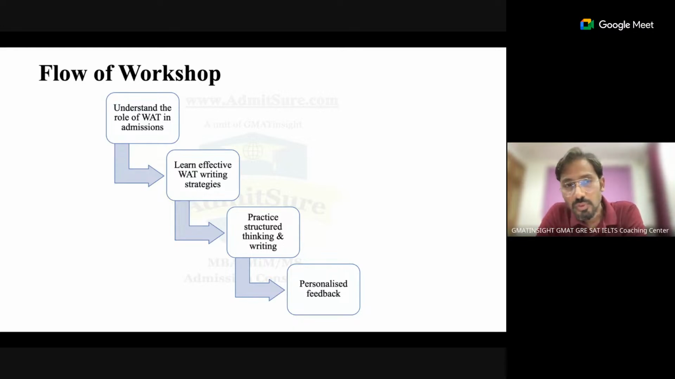The first thing is that we are going to discuss what exactly is the role of this WAT in the admission process. For example, what exactly is the approximate contribution of WAT in the selection process? That's what we are going to discuss in the first step. I've made very few slides here so that we can quickly rush over all these things. And our focus should be